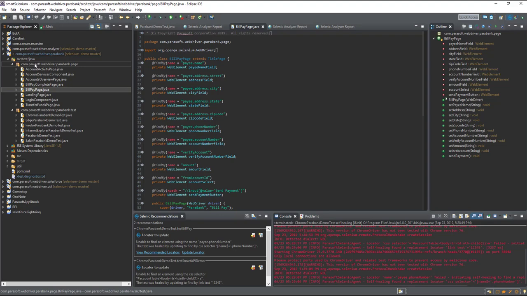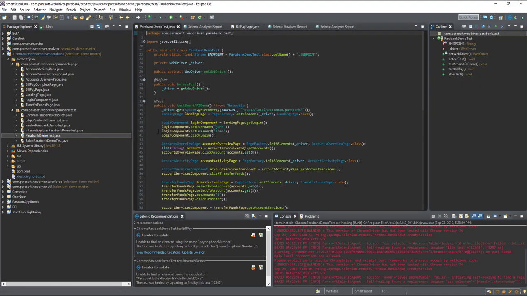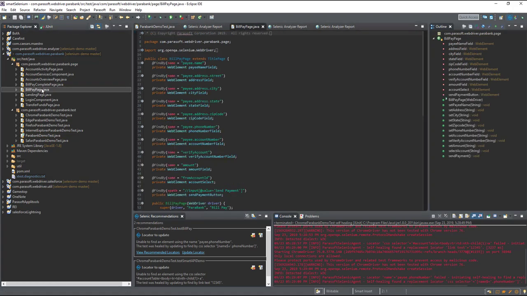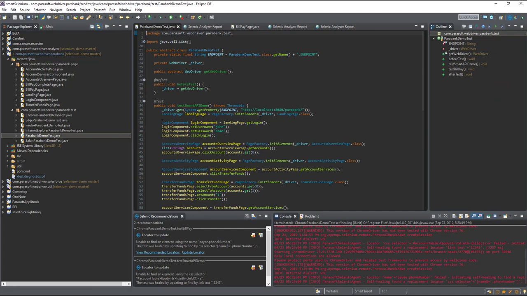As you will see, the test that I'm going to create will use the page object model. The page object model is an industry best practice for creating Selenium tests. When creating a Selenium test using the page object model, individual pages are defined as objects, and then elements are added to that page. You will want to interact with these elements in your test scripts, but you don't want to define them every single time you interact with them. By defining them with the pages to which they are associated, you can reduce redundancy in your tests, as well as making maintenance a lot easier, because if you ever have to change that locator, you just change it in one spot and it propagates through the rest of your test suite.